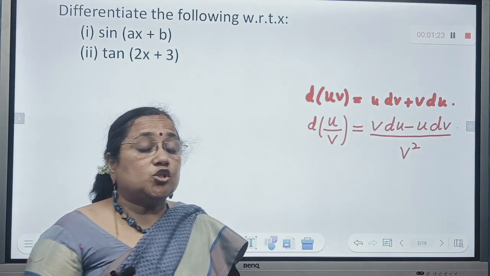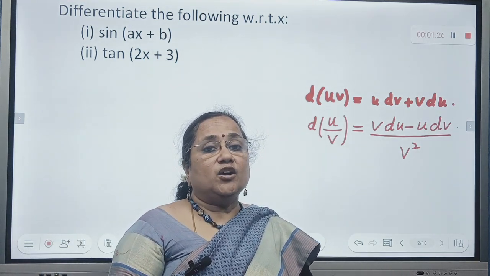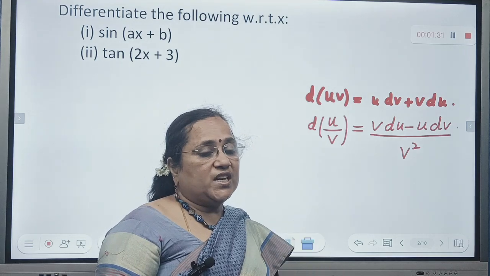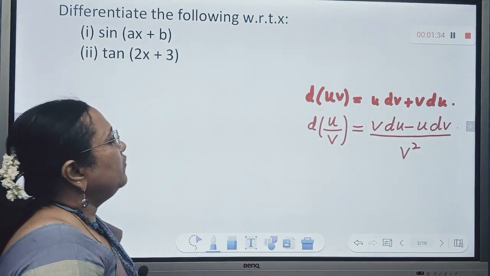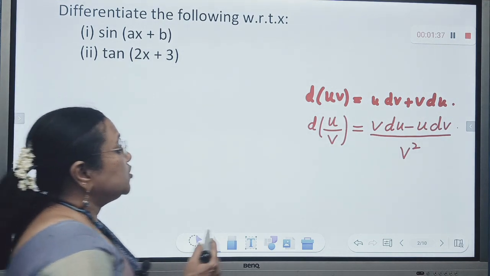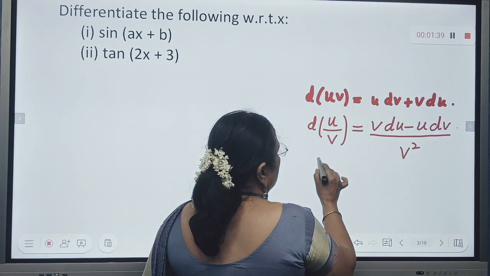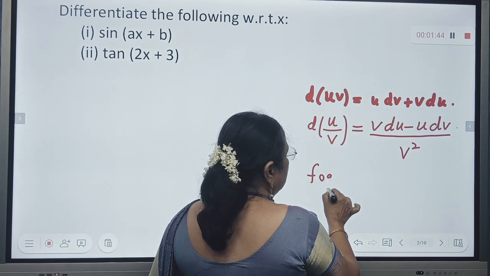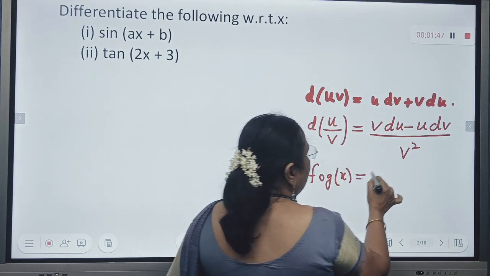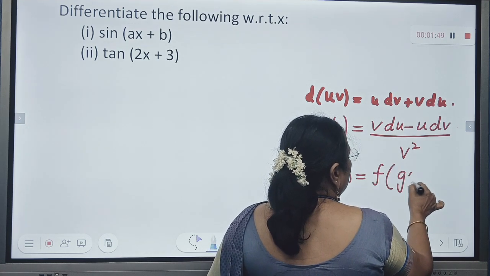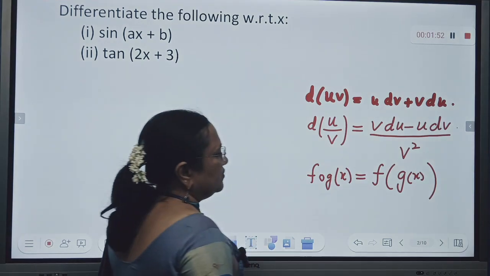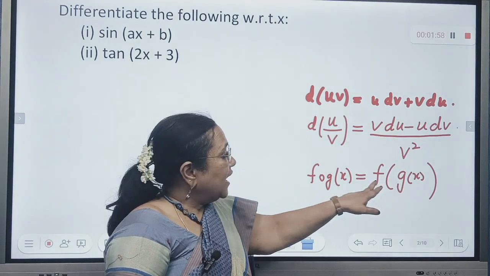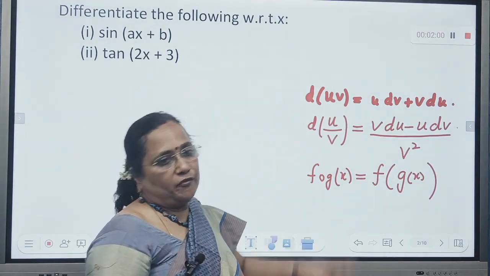And you also know the geometrical meaning of derivative. The derivative at a point is nothing but the slope of the tangent to the curve at that point. We have discussed this in great detail in the earlier videos. Now we are only going to learn what the composition of two functions is. Suppose f of x and g of x are two real valued functions, then f composite g of x is defined as f of g of x. It is a function whose domain is the same as the domain of g of x and range is the same as the range of f of x.